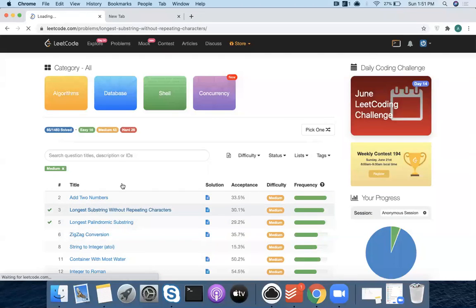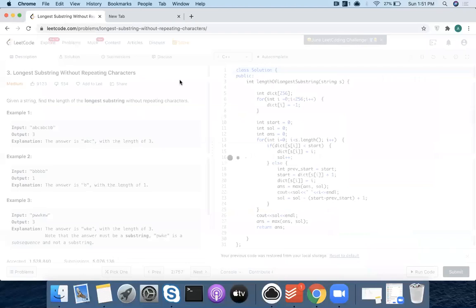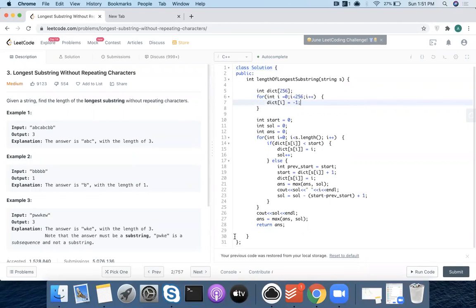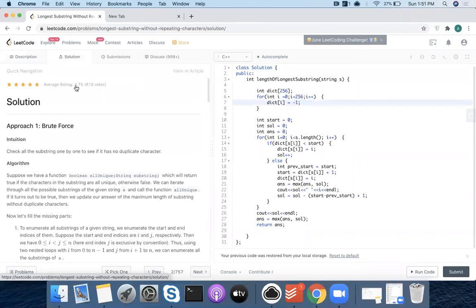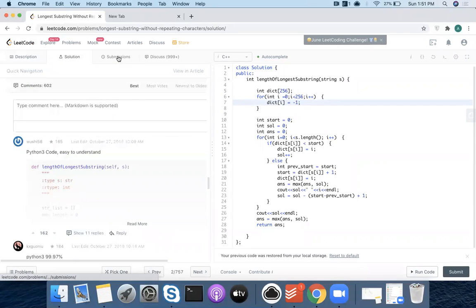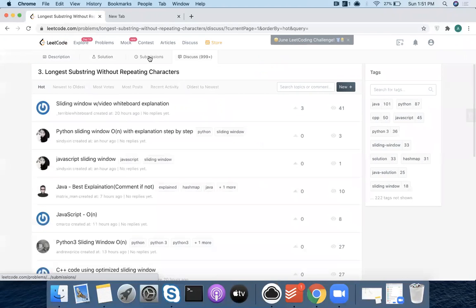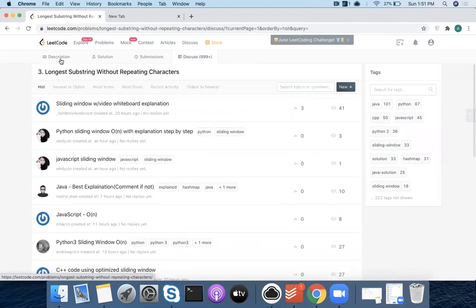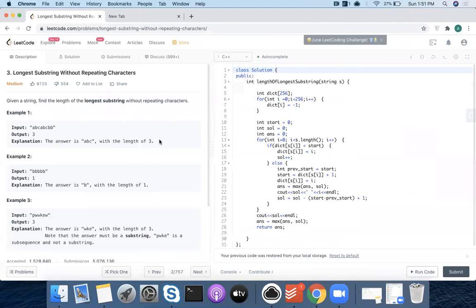let me show you why I think it's worth it. Let's say this is the problem. You read the problem, you write the solution, you try to submit. Let's say something happened, you were not able to solve it. Then there is a solution about it. Approaches are discussed. Then you can see discuss, where people write the explanations. And obviously the test cases are exhaustive.